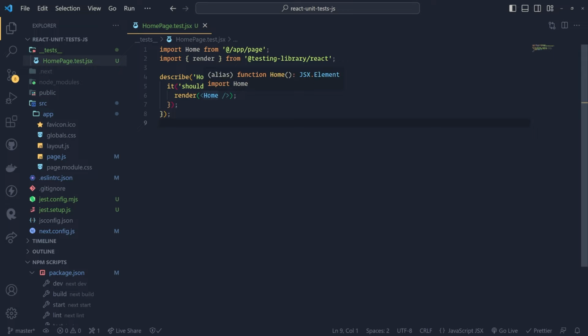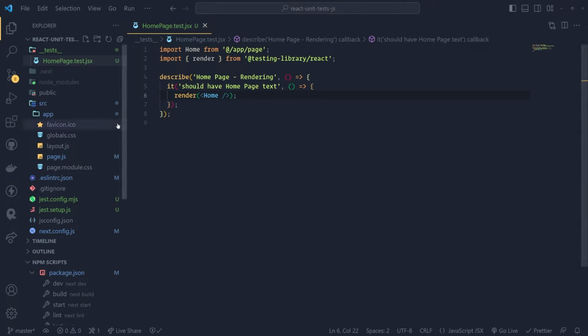Okay, it pretty much takes a JSX element or a React node right over here. So this home component is imported from page, or you can just manually import it yourself if you want to. So we're going to render the component. Now that we have rendered the component, the next thing we can do is start searching for elements